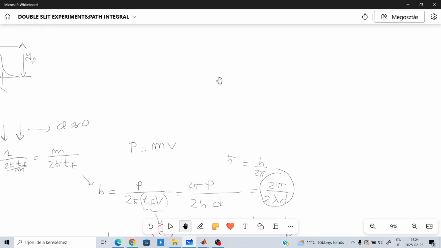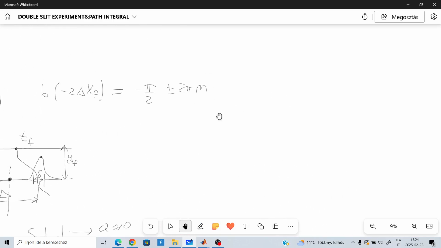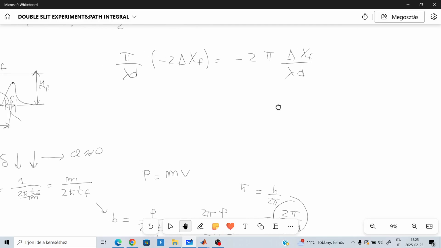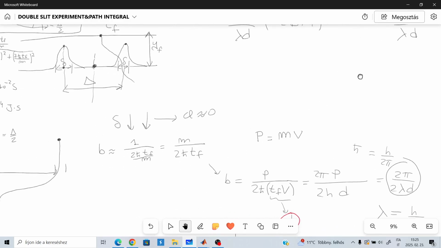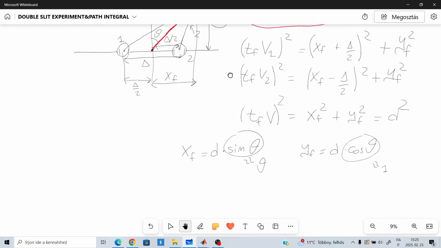So this can also be simplified. It is just pi divided by lambda d. So pi divided by lambda d, and then this is multiplied by minus 2 delta xf. And so we can also rewrite it as minus 2 pi times delta xf divided by lambda times d. And now also remember that there is a dependence between xf and d, because we found that